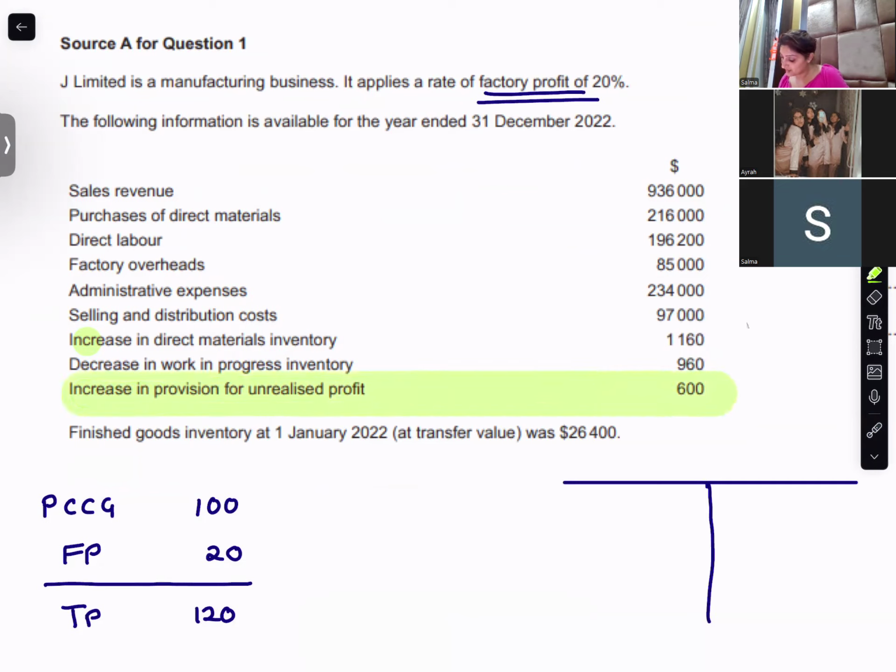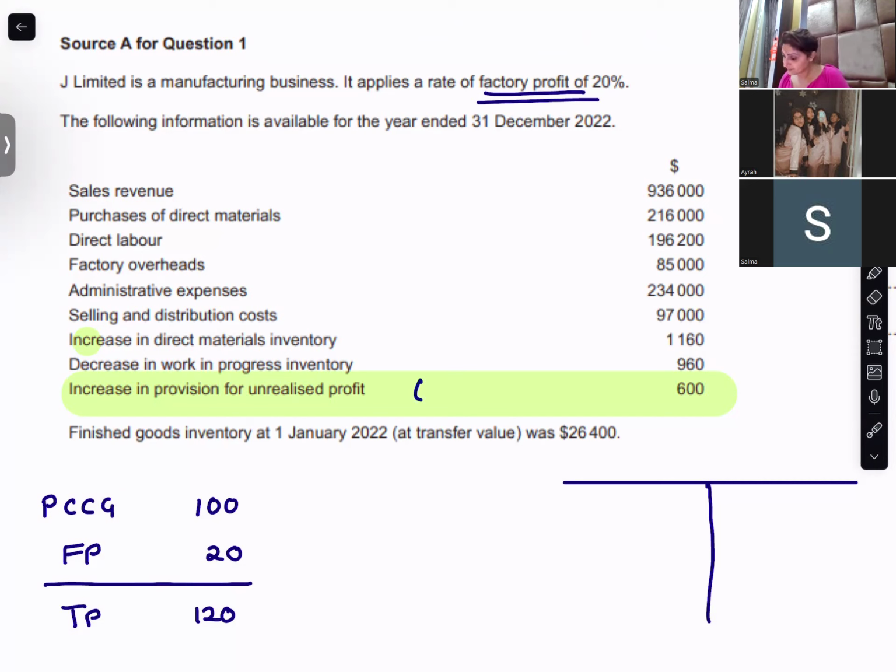So you've been given the increase in PUPA. That means the old minus new is positive. So it'll be old minus new is positive, that means it is on the credit side. It's a gain. No, there is an increase in the new PUPA, right? When they say increase in the PUPA, that means